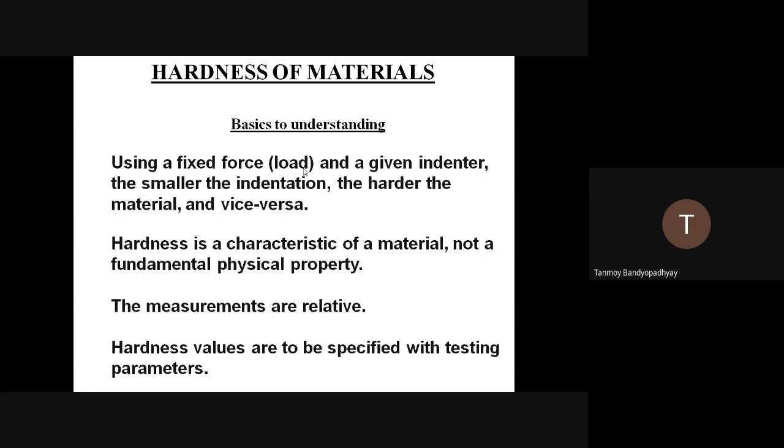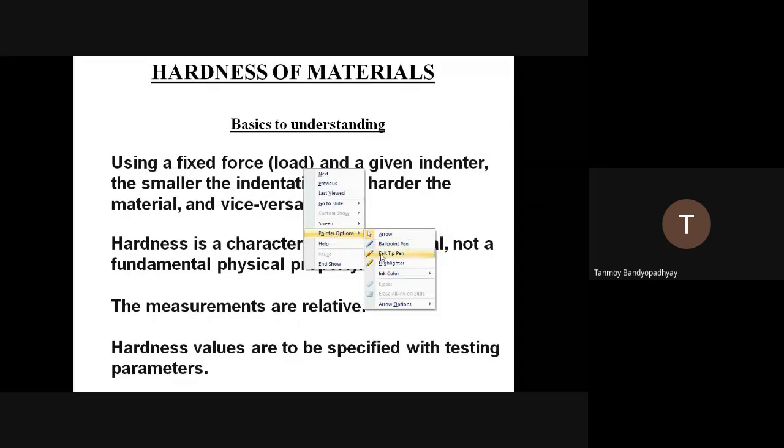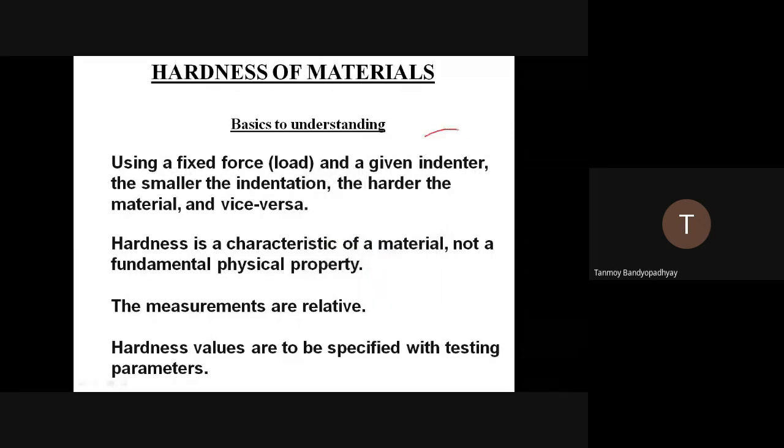What is the indenter that I am applying on this specimen? Suppose I am keeping a specimen, and then I am applying a load on it, say X. Suppose this is a specimen, a round specimen. On this I am applying an indenter. So I can have a conical indenter. Suppose this is the specimen, a plate, and then this is a spherical indenter. I will be forcing this spherical indenter on this specimen.